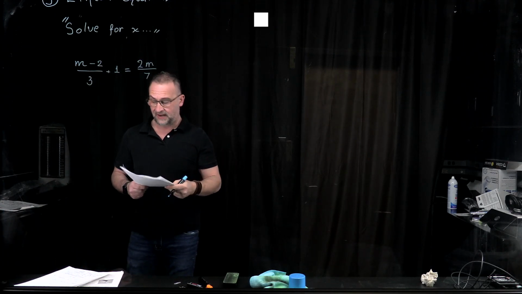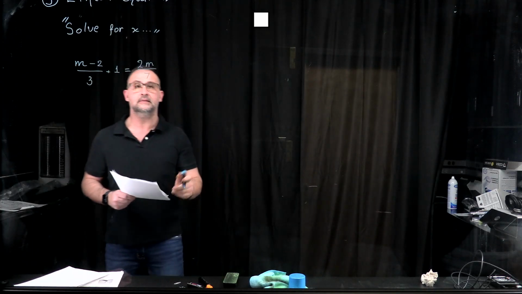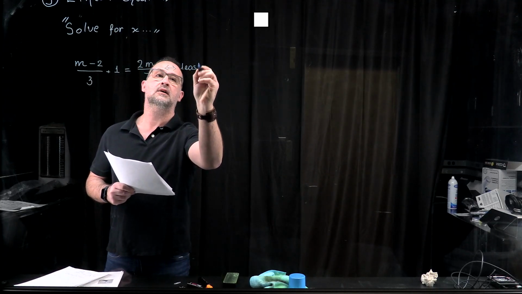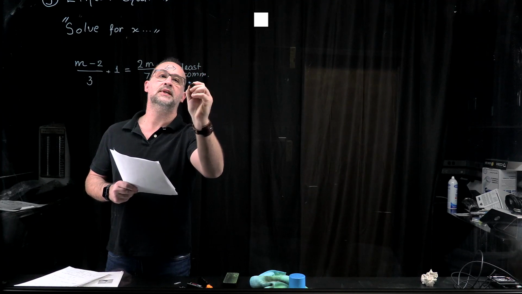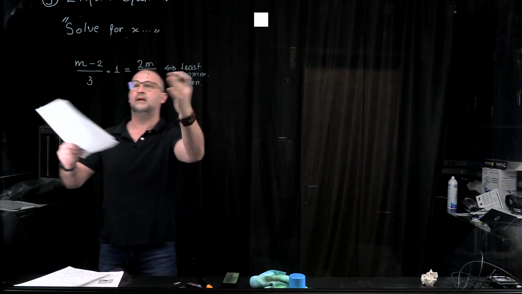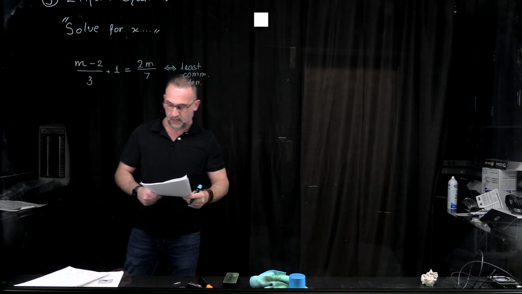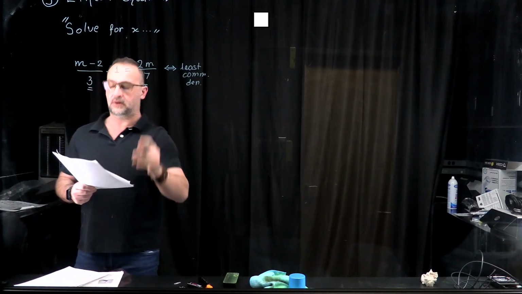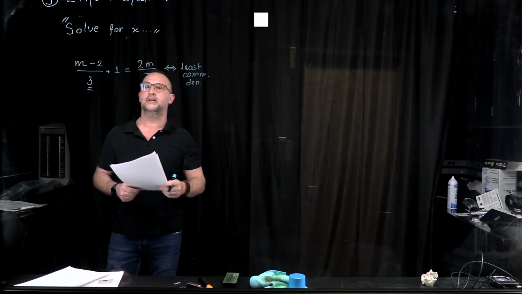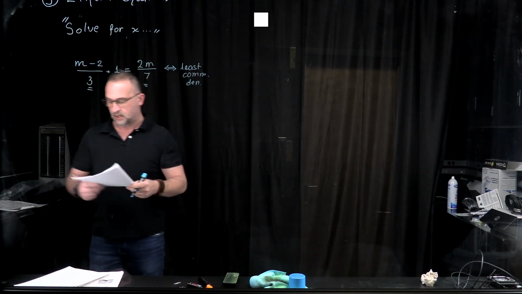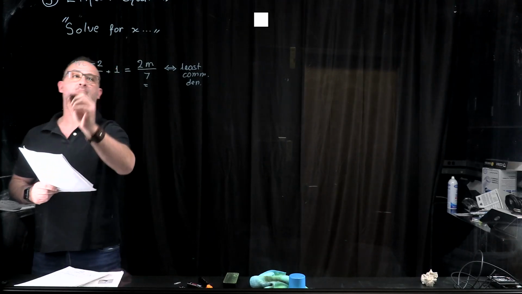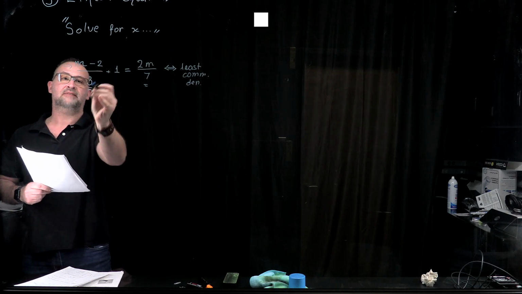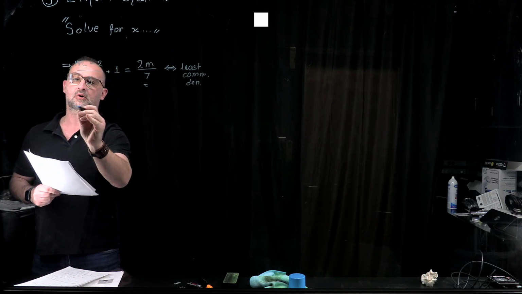Again, this m can be anything, can be x, b. Little does it matter. All it matters at this point is the least common denominator, right? So we need to arrange these fractions and add them up. And since we got 3 here and a 7 here, the least common denominator is obviously 21. So we're going to multiply both the numerator and denominator by 7, so we get the 21 here. This is our goal, so 7 times